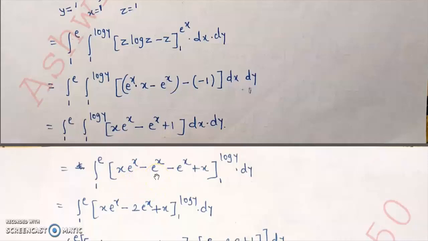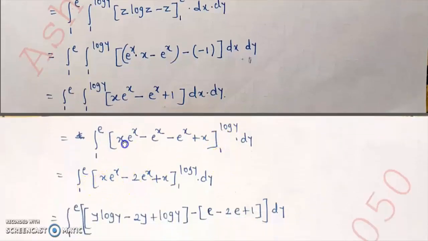This is the generalized rule of integration by parts, provided that one of the functions called u is an algebraic function. We take the derivative of the first function and the integral of the second function with alternate plus or minus signs. Okay, so x as it is, integral of second, minus derivative of first, and one more integral of second. So with this e raised to x, u into v is over, minus e raised to x is e raised to x and 1 is x after integral in the limits 1 and log y.